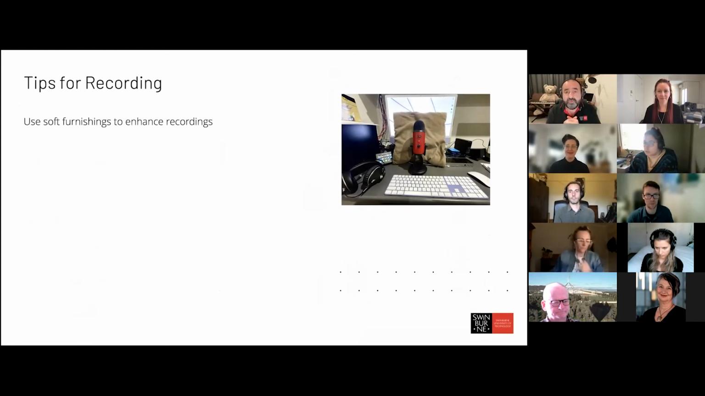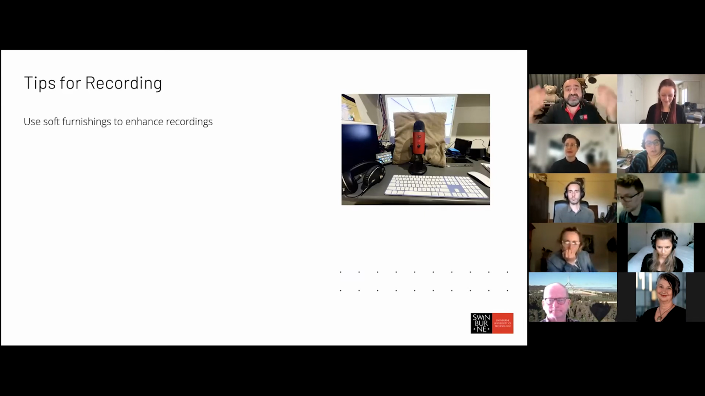So as I said before, soft furnishings make a huge difference. You'll see here in this diagram that my little Yeti has got a cushion behind it. Now that makes a world of difference. You may not think so, but it actually deadens the sound reflecting from the screen of my computer. Because it's a sharp surface, right? It's glass and it just reflects the sound straight back at the microphone. So this helps minimize it, and you can actually stack pillows and cushions around the microphone to really help deaden